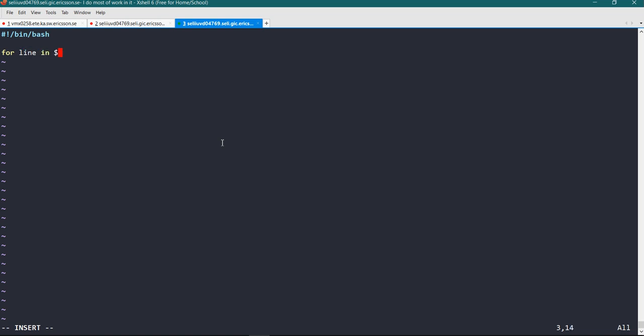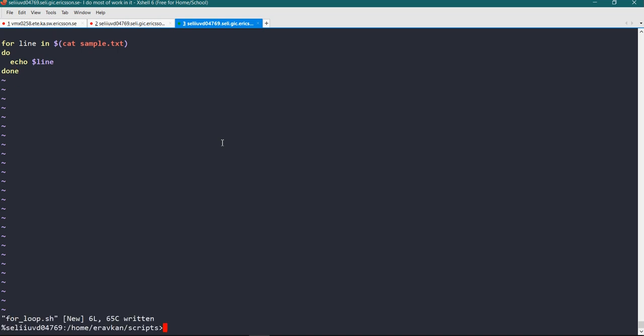So here you can do it this way, cat sample.txt, or you can also do cat file, but using dollar and then bracket is a much better option. It is much clearer to read. Then do echo $line, then done.